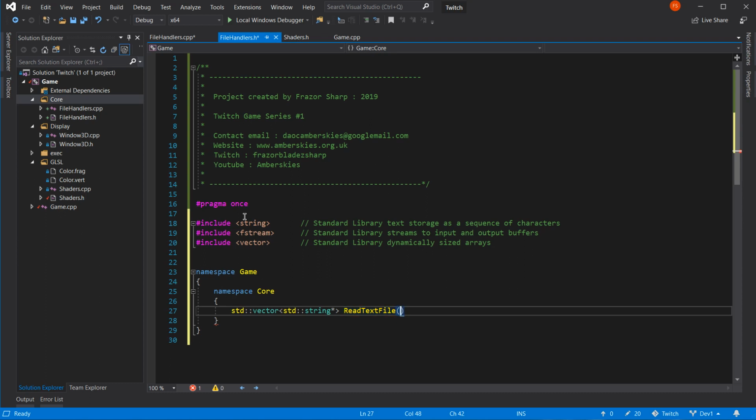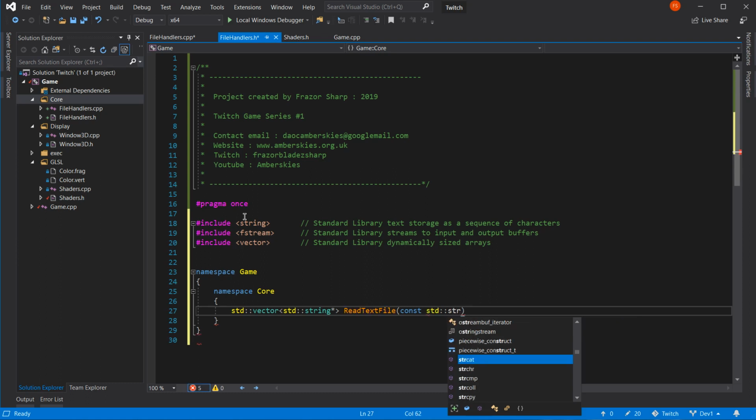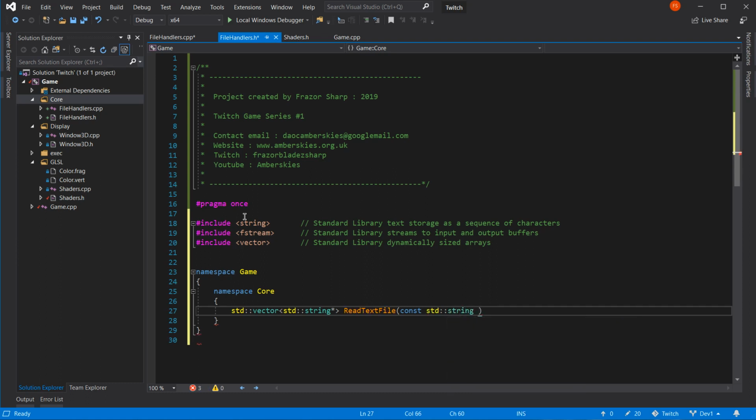It'll take in a const standard string, and that will be the file path. Yeah, path. It's different to file name. If I say file name, I mean it. File path means it. That'll do.